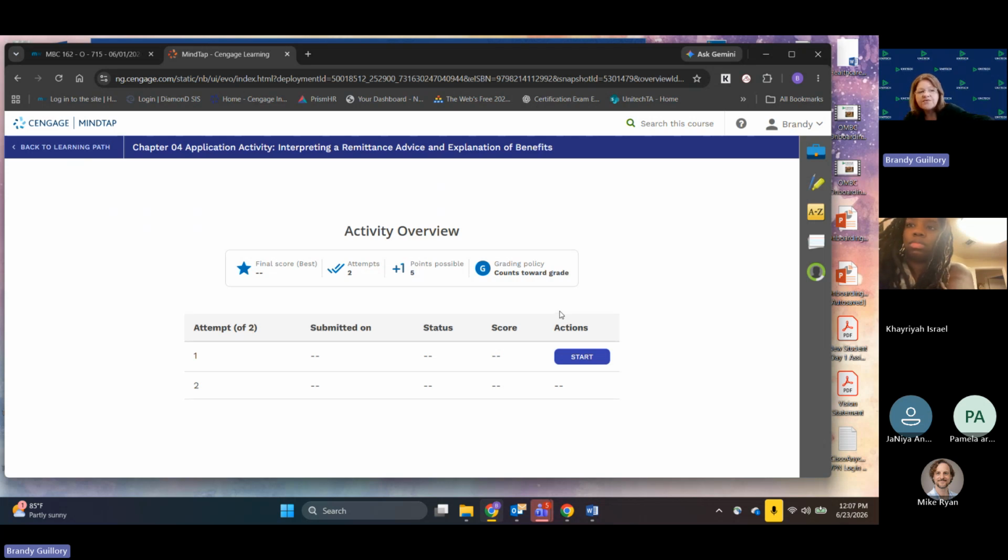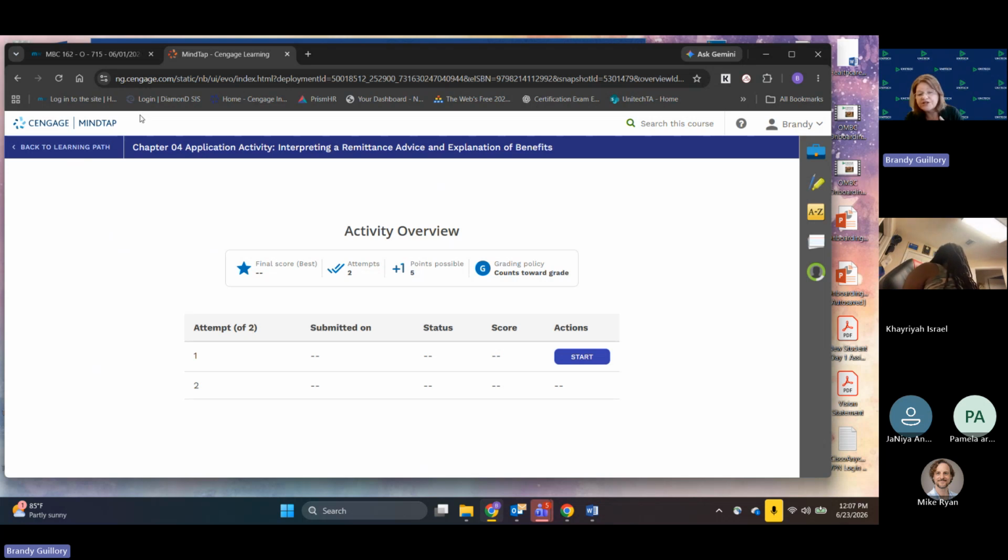All right, this is an external website that you guys will create an account for once we get y'all into the module. The first time you go to click into a lab activity, it's going to prompt you to create this Cengage MindTap account. That is the only account that Unitech does not set up for you. This is one where you will put in your email address, you will put in the account details and set your password and all of that. You only have to do it one time. And then every time in every module you click, it's going to automatically open up for you, okay?